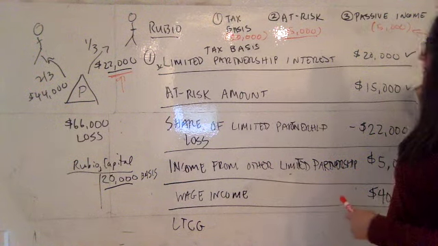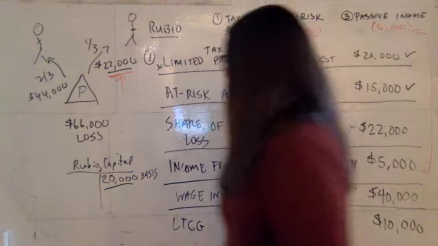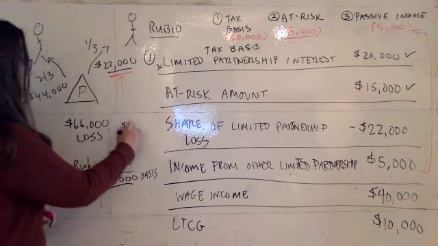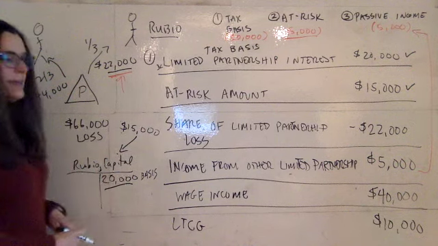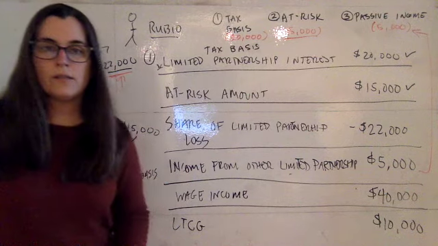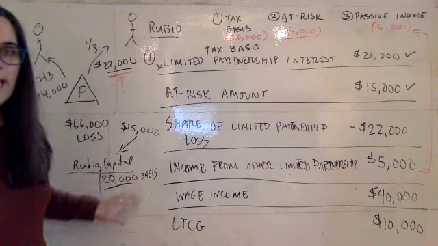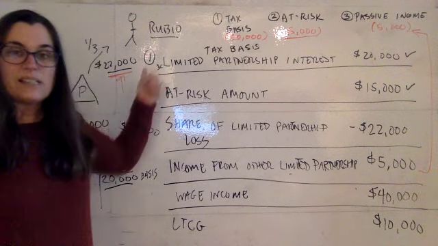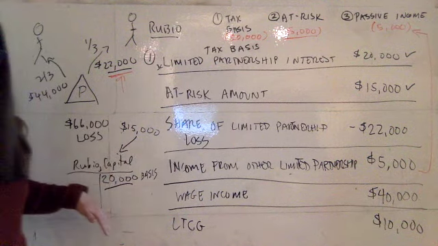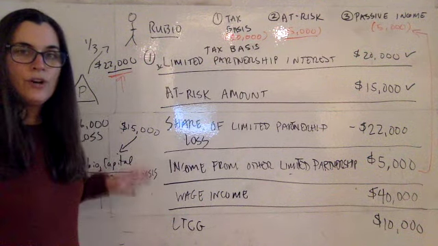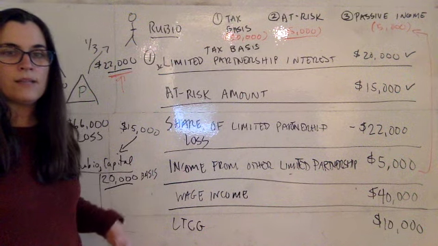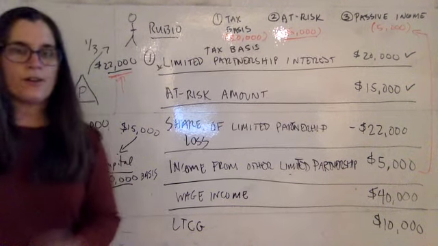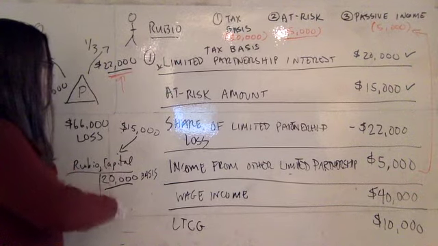What about this at-risk amount? Well, imagine that he came into this partnership and he only paid $15,000 cash to get entry into the partnership. And for whatever reason, and we have to imagine this, okay? For whatever reason, the partnership said, okay, you will get a 20,000 stake and you'll only have to pay $15,000 cash to do it. They know that he has a lot of cash on hand, so they want him to be a partner, and this was an enticement. So they're saying your tax basis, your investment in the partnership can be $20,000, and he only has to put in $15,000 cash.